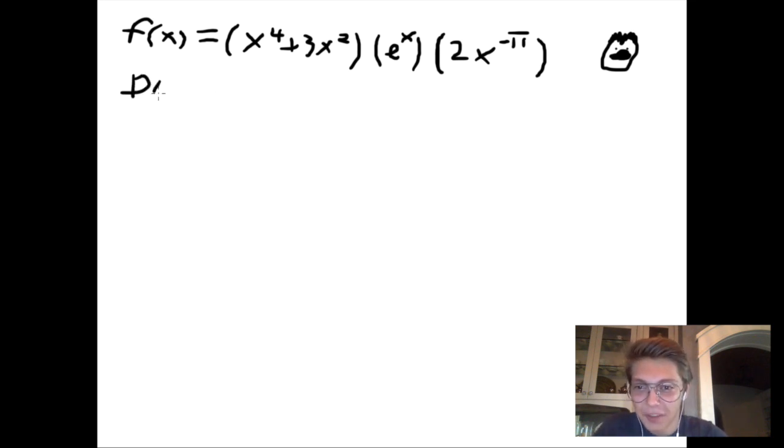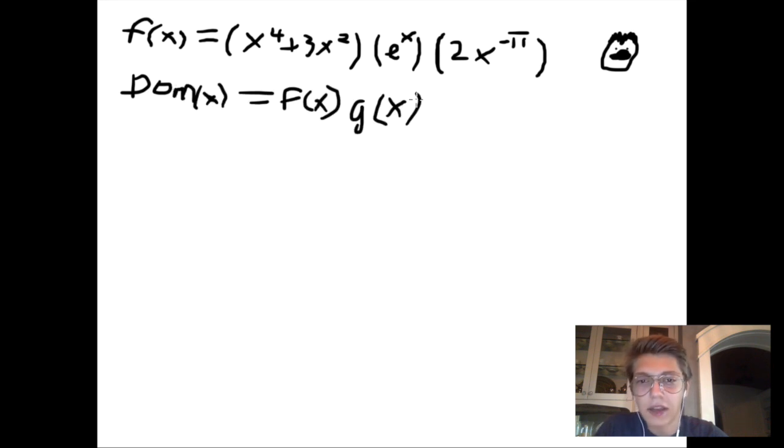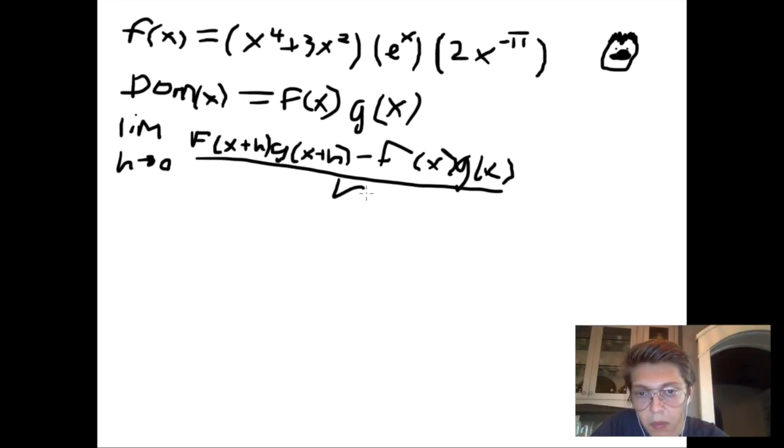Let's set h of x equal to f of x times g of x. Now let's use the definition of derivative and plug that in there. So here we have our regular definition of derivative, where you take the limit of that big gross thing right there. So let's see if we can do anything to simplify it, and there is a way to do that, and what we want to start with is adding something in